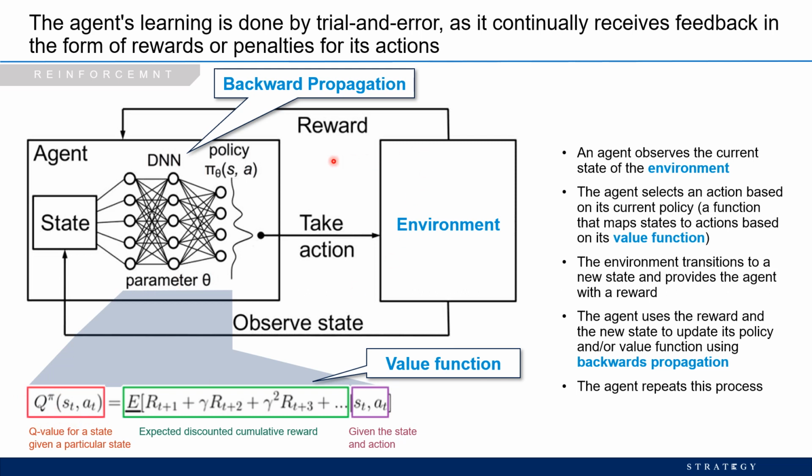From judging the difference between the reward of that state and its initial expected value of the state, it will then use that, using backward propagation, to go back through its value function and reset all of its weights and biases to better be able to create a value function that's more in line with actually achieving what it wants to achieve. I also want to comment, I know I'm using backward propagation, and I know that's specifically